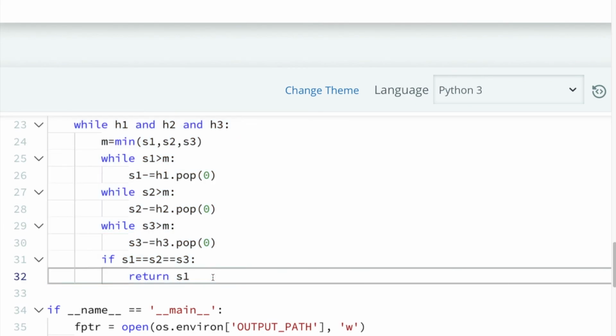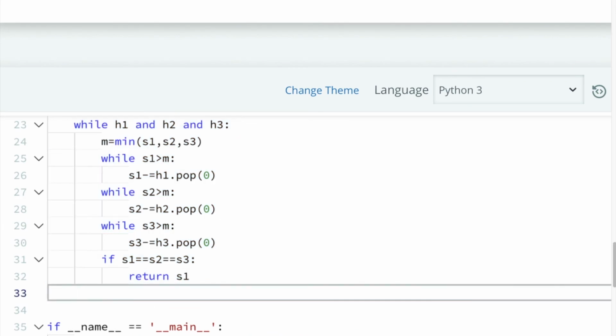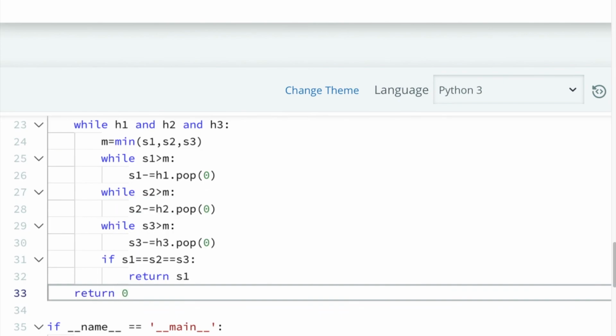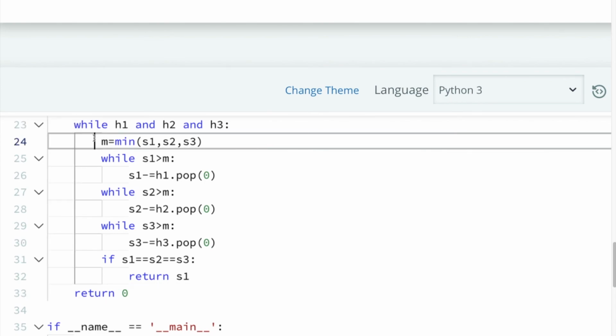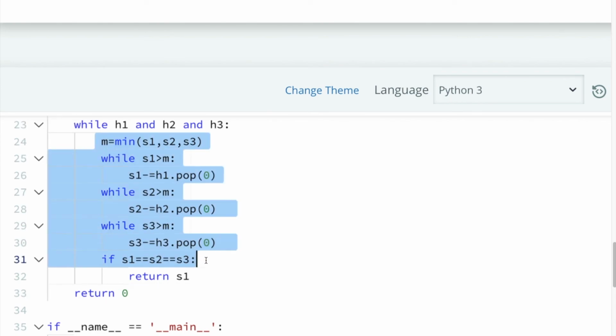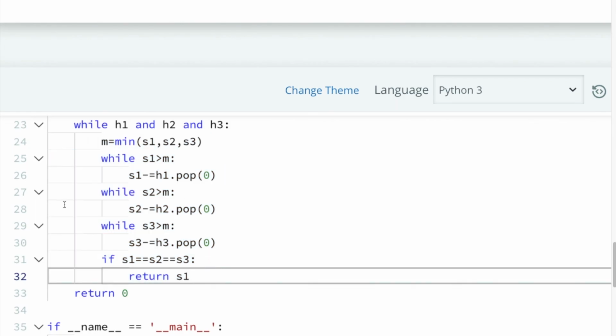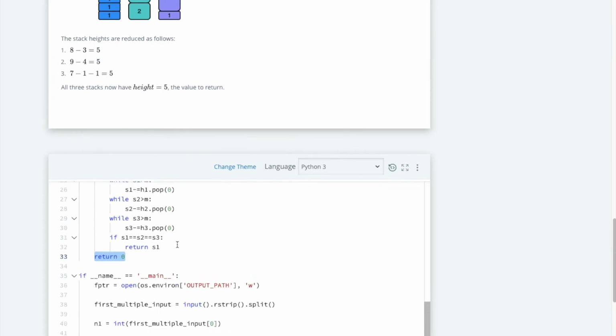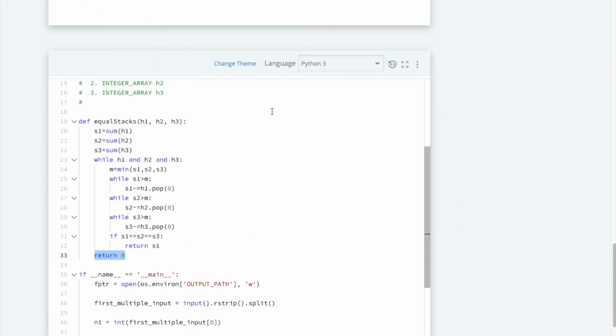Then we will simply return 0. If in this while loop our criteria is satisfied, we will return the equal value, otherwise it will simply return 0. So we are done with the code. This is the required code.